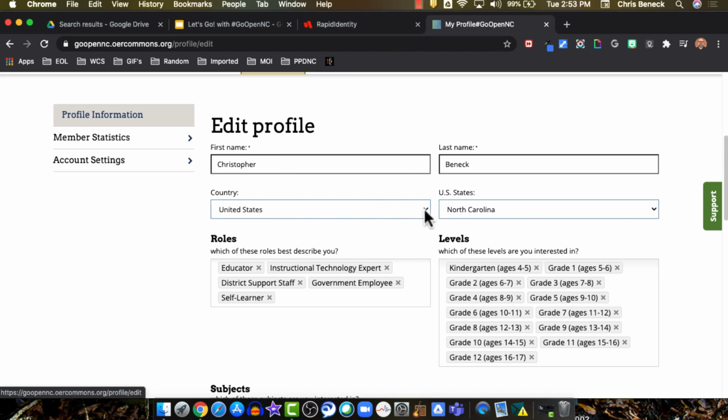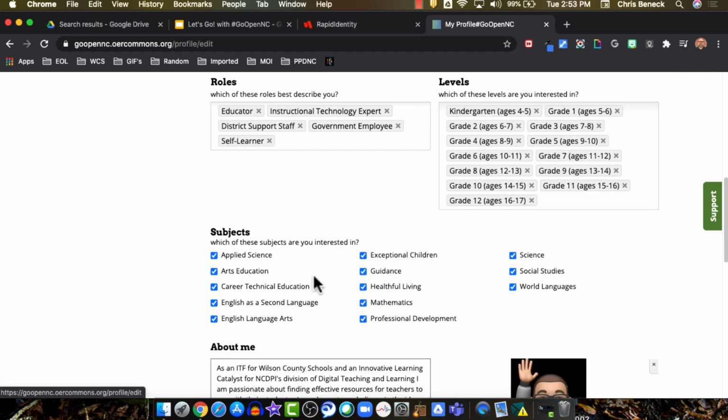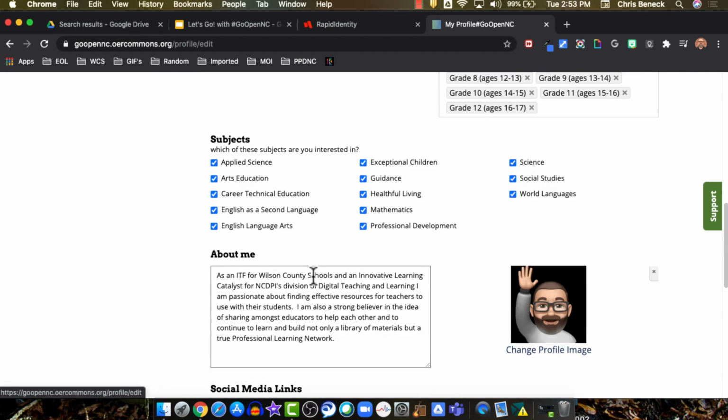I'm going to put in my country, my state. I can choose multiple roles that describe you, so I chose several different roles here. You can choose several different levels that you work with. You can choose the subject or subjects that you work with, and you can give a little brief bio information there, should you so desire,